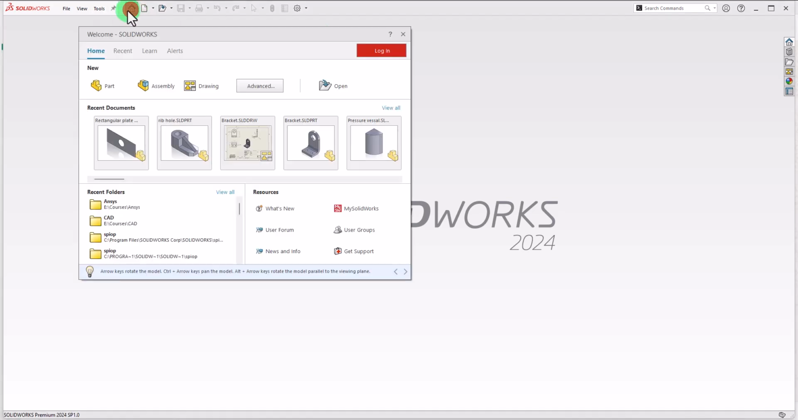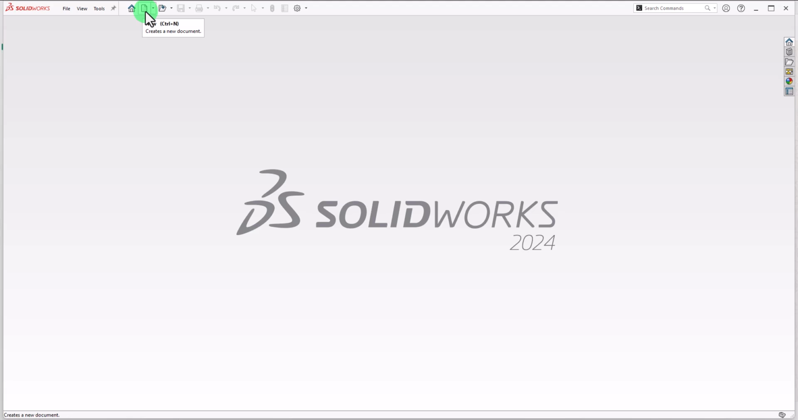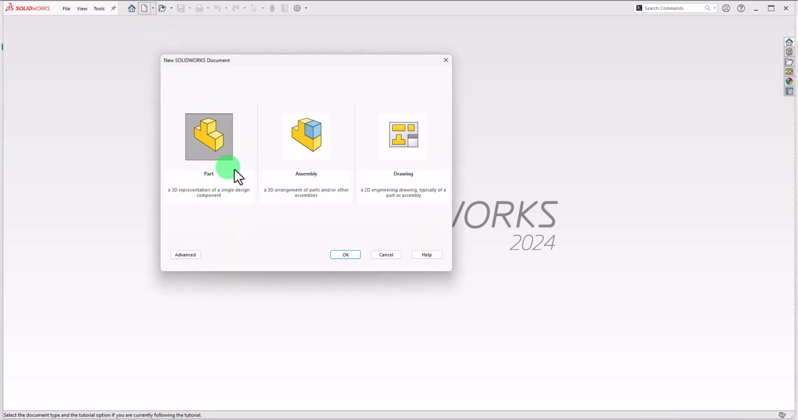If you want to open a new file, there is the option Control N, which is the shortcut for creating new documents. So the new document dialog looks like this. Here are three parts. One is called part modeling. Then there is the assembly, that is the assembly of the parts, and there is a drawing, that is the